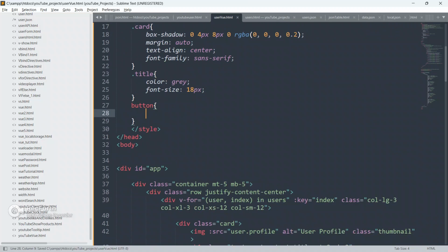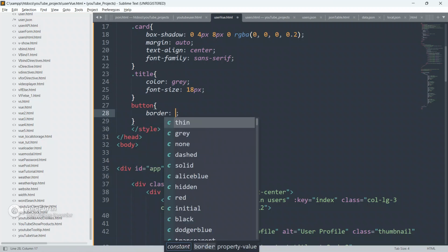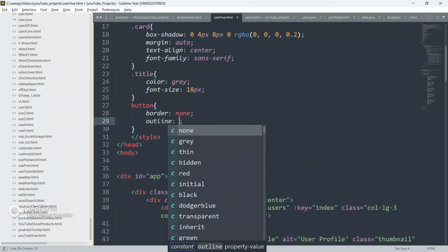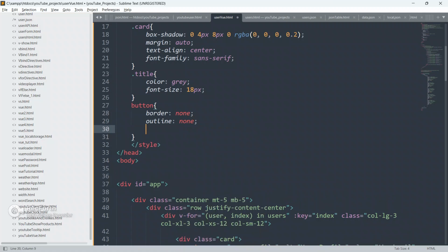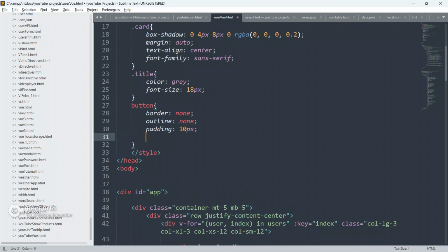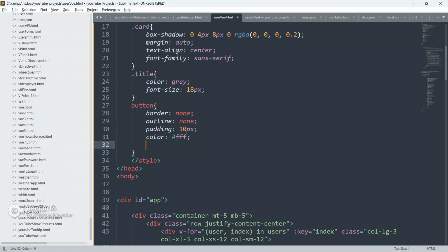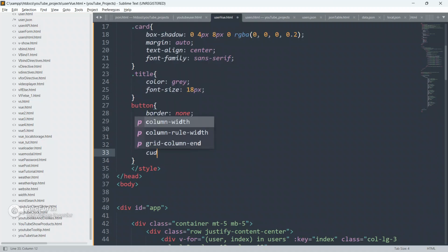This button element, paste it here, and we will style it. Give border as none, outline as none, padding as 10px, color as white, and background color as black.